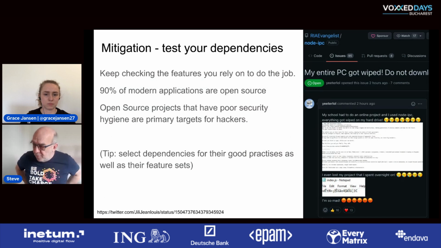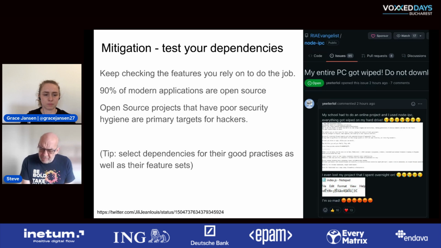And this one people may not even think about, but test your dependencies. Recently, we had this little tiny thing in the press, you may have seen, where somebody took their node package, in this case node IPC, and they changed it so that suddenly it would wipe the machines. You can read all about it. The point is that you cannot depend on your dependencies to behave the way that you expect. So if you haven't got tests in your system to prove to yourself that it's doing what you expect, how will you catch it when it does something wrong or different? Okay.